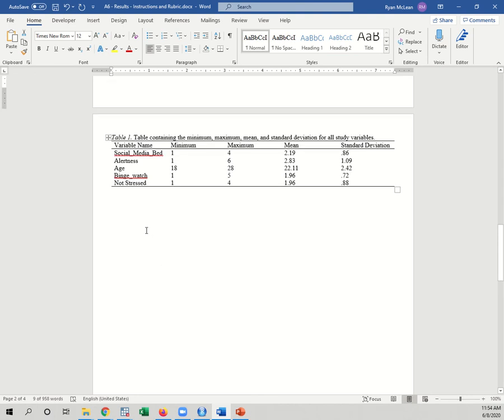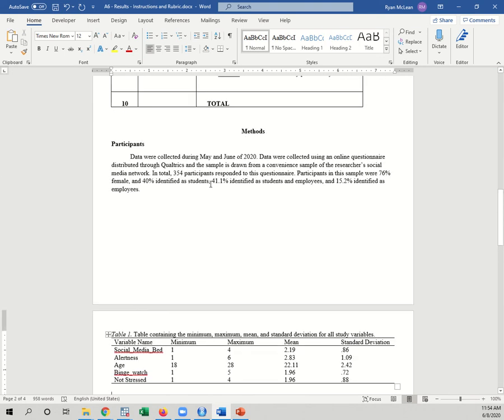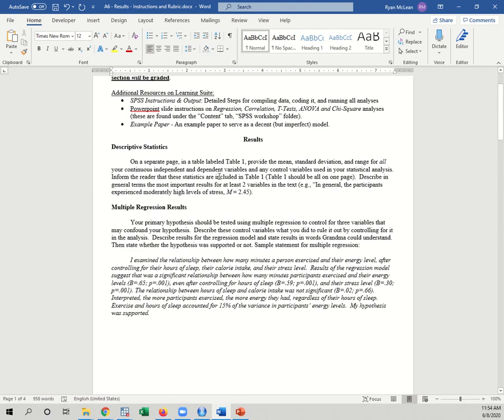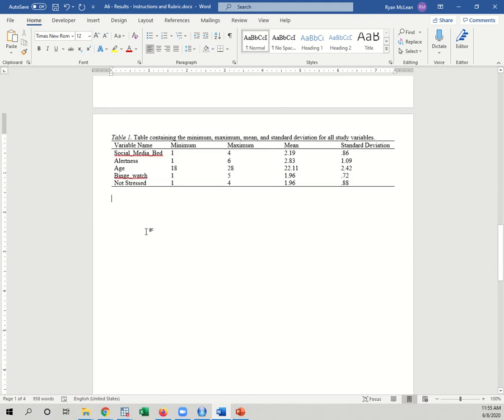Okay, we also need a paragraph that's talking about this table here. It says here that we want the mean, standard deviation, and range for all of them. Inform the reader that these statistics are included in Table 1. Describe in general terms the most important results for at least two variables in the text. So it would be something like